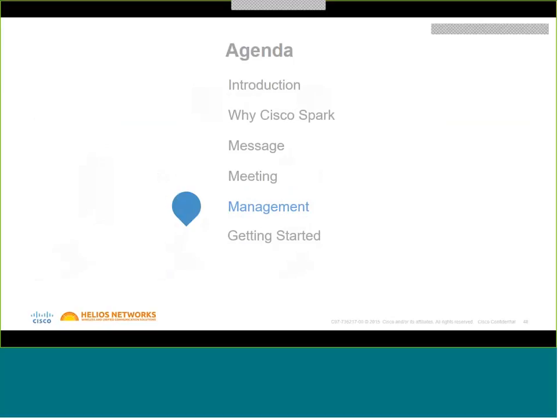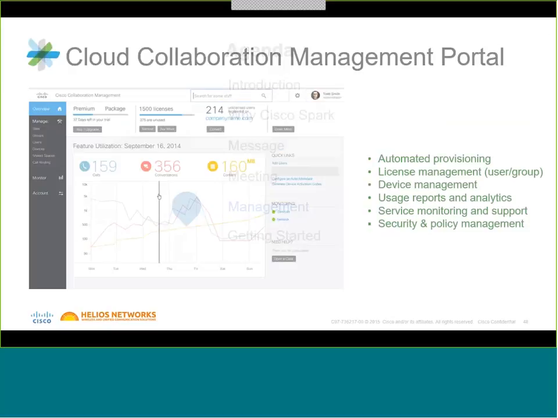So for people that are interested in how this is all managed, very easy. There's only two slides on this. This is a portal. It's clean, it's very intuitive, it's easy to understand, and it gives you at-a-glance reporting exactly as to what's happening.